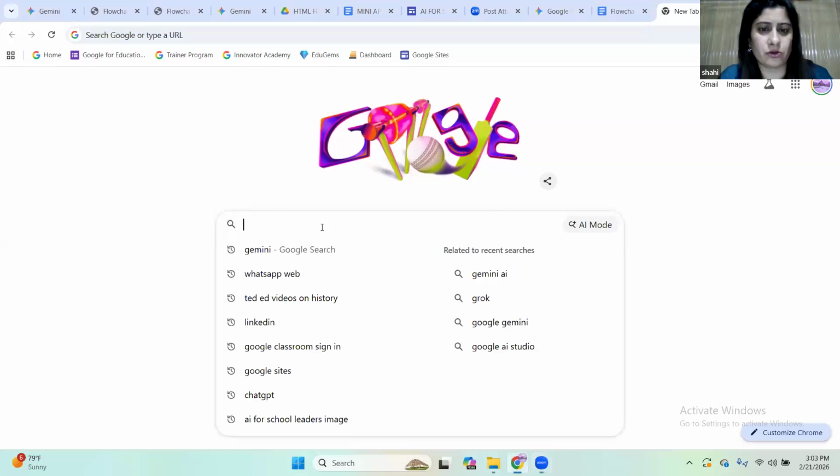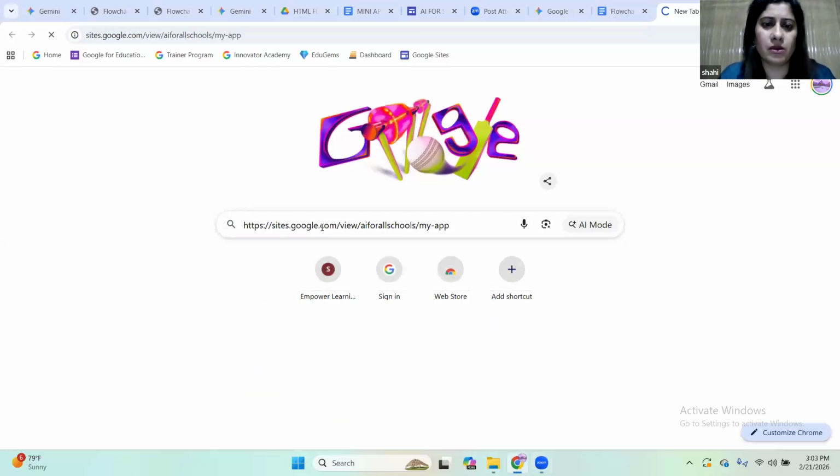So you can see that on this site of mine, the other apps are also there. For example, if I want to see it on my screen, let me share. Okay, there you go. I'm just going to copy paste the link.